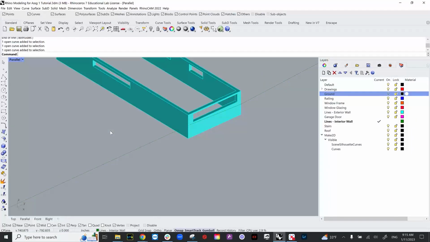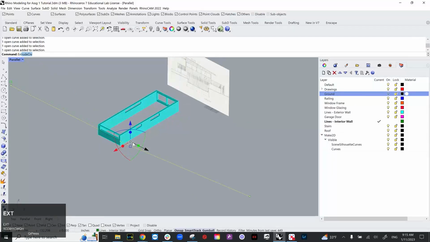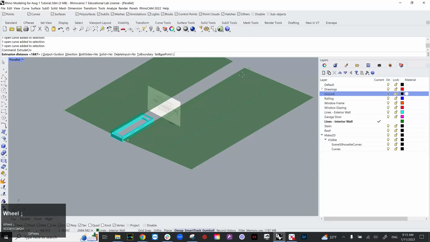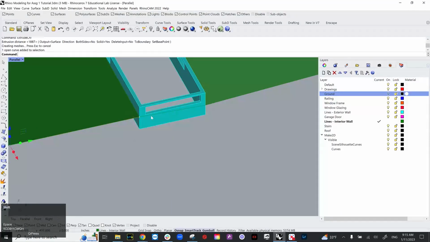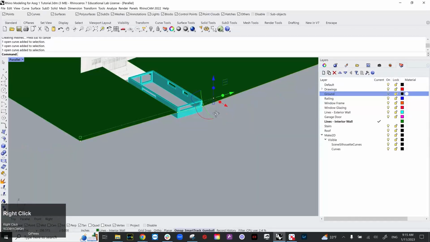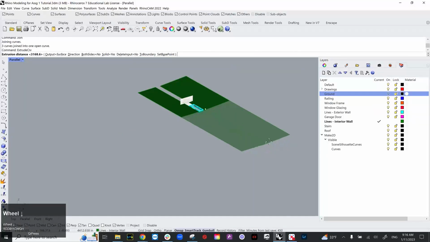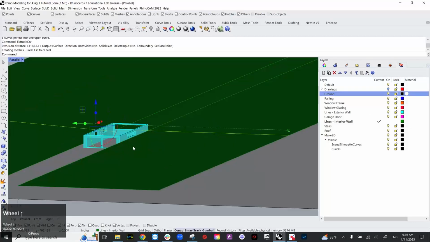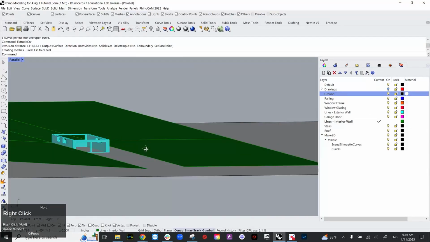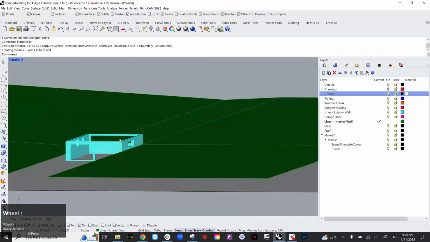And so I'm going to take these lines, extrude curve this way. And I'm going to join these three curves, and again extrude curve this way. So now if I bring the ground back, we should be able to see the ground plane that this